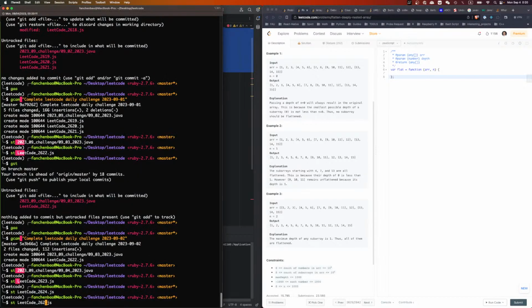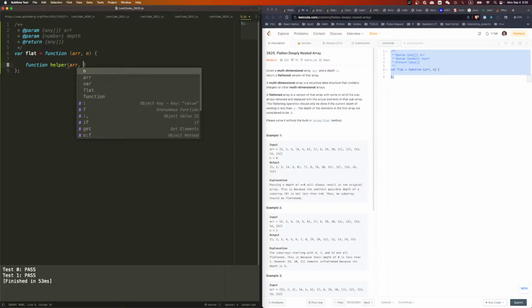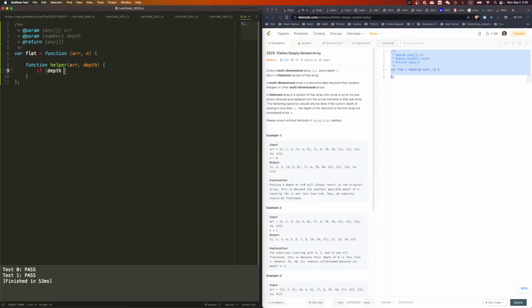It feels very weird, but I think we can do this. So here is my idea. I would say function helper, right? We'll take an array and its depth. Okay, so we say if depth is smaller than or equal to n, we have to do it as well. Then we'll return